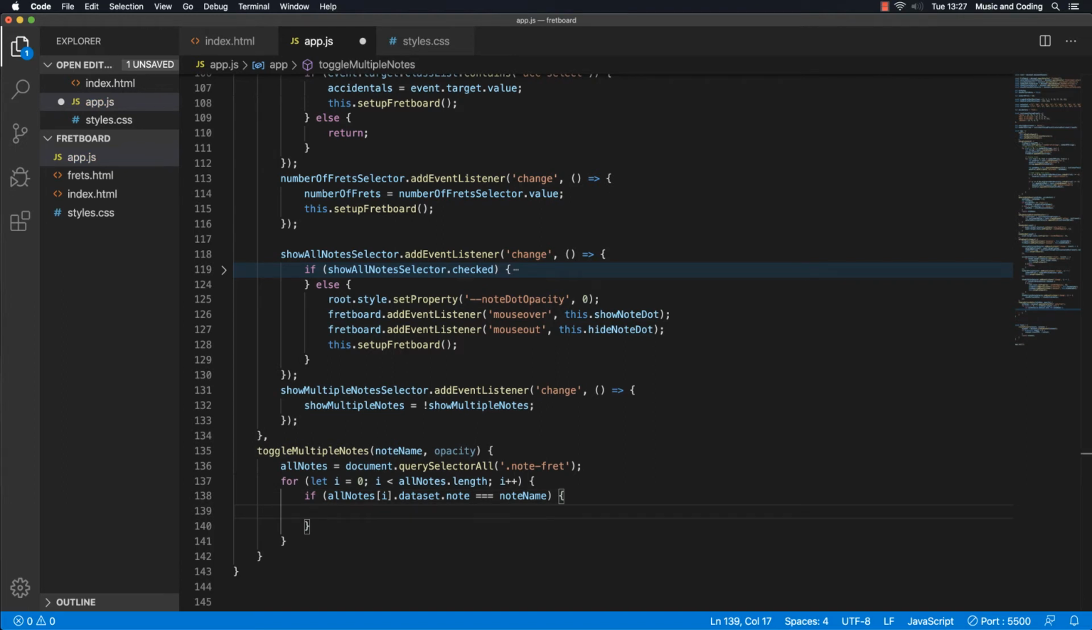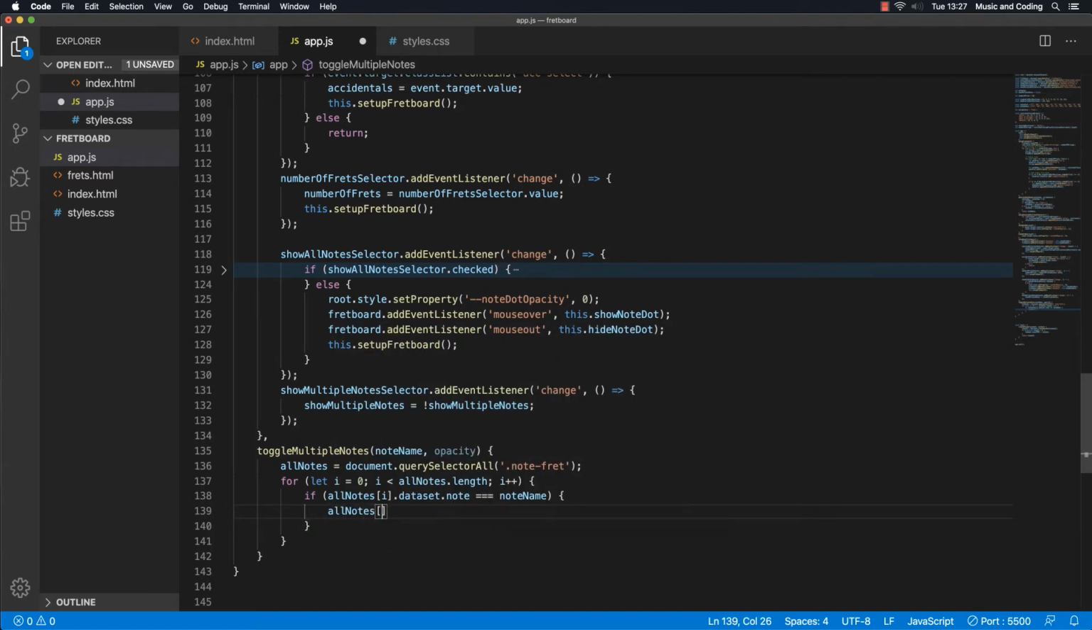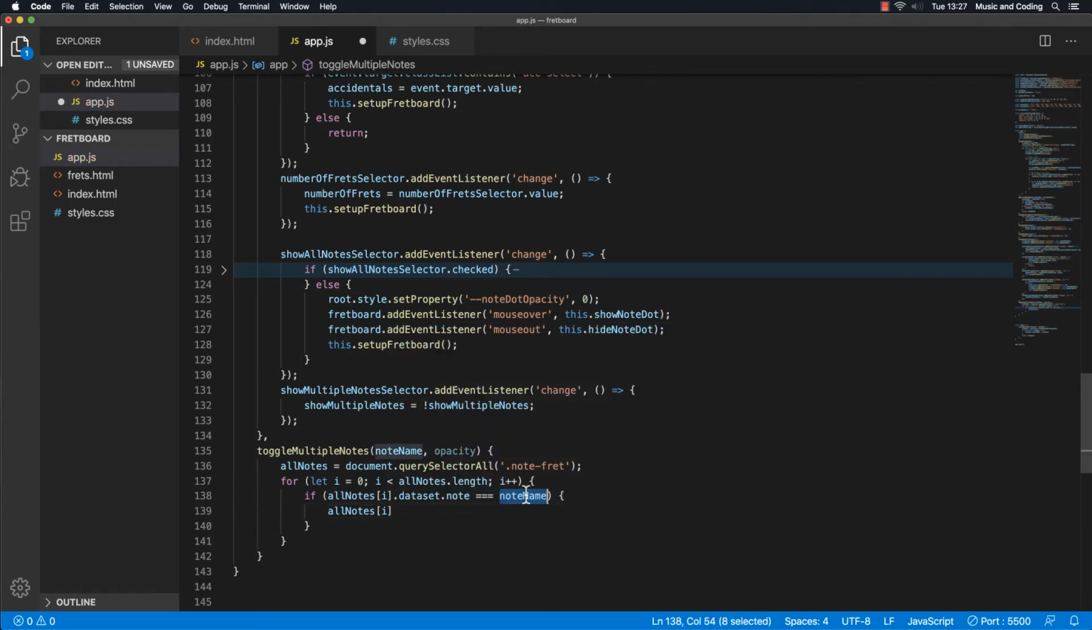Okay? And we want to set the opacity of this particular node to either 1 or 0. So opacity up here can either be 1 or 0. If it's 1, then it's visible. If it's 0, then it is not visible. So we can type out here all nodes i, because that's the one we're dealing with, but only if it has the same node name as we're passing in up here, right? And then we can take the style